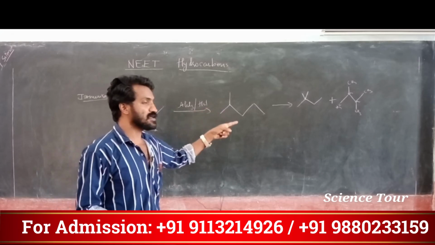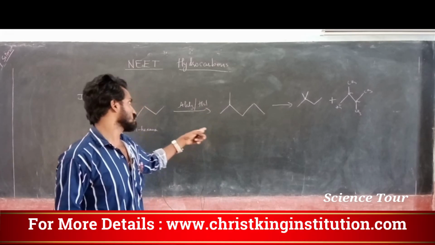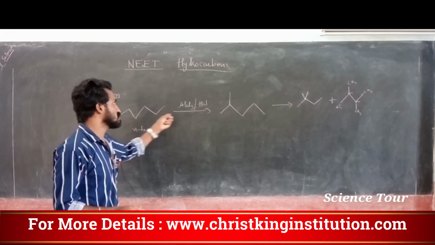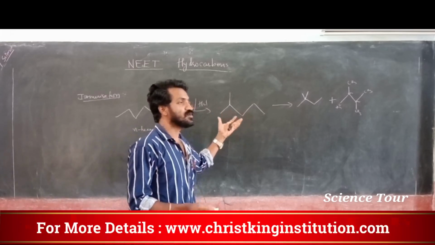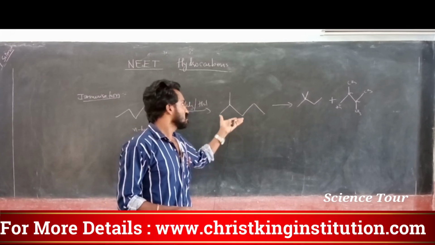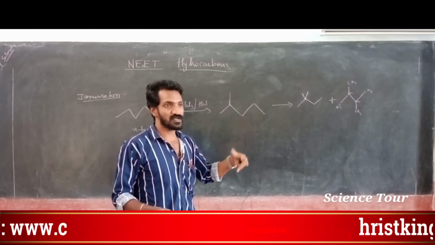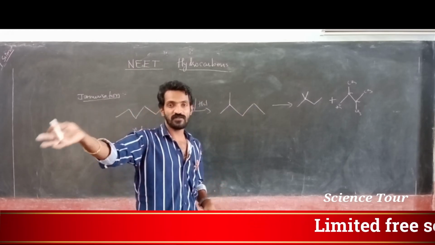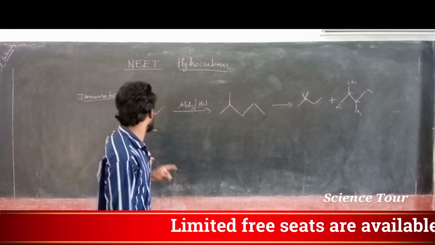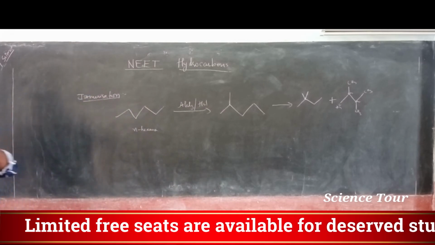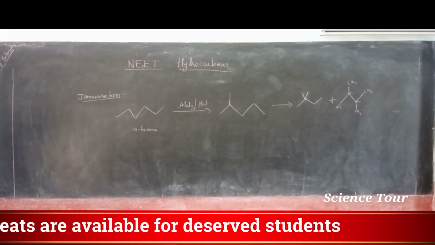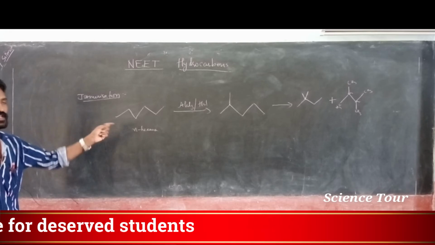This is called bond line structure. No doubt, my dear students. So this is just by rearrangement, 1,2 methyl shift or 1,2 hydride shift. It gives different types of rearrangement. One isomer can convert into another isomer form. It is called isomerization. That I explained. The same thing, it is in a bond line form.